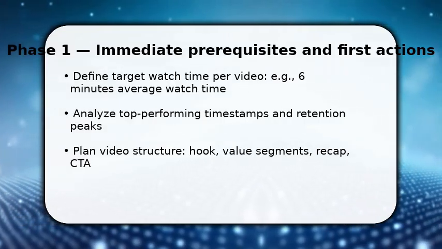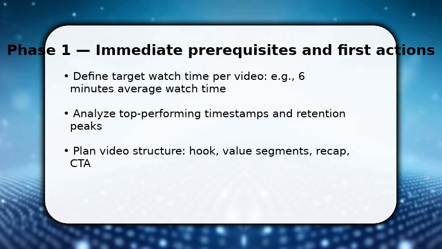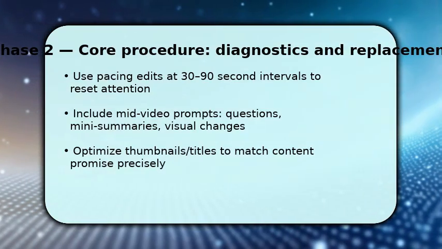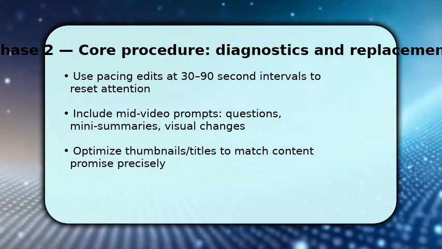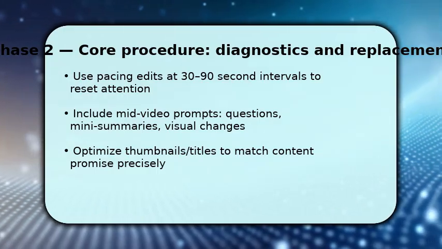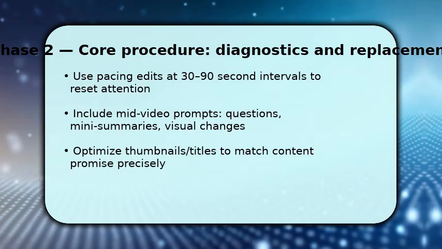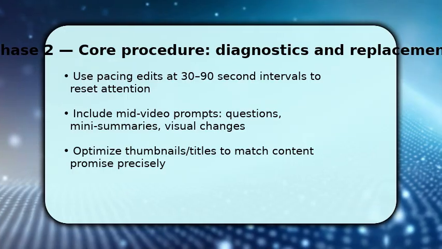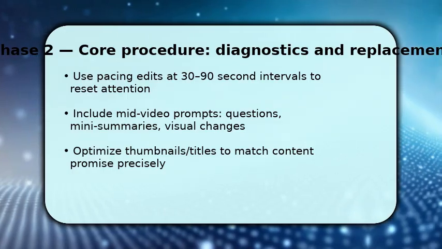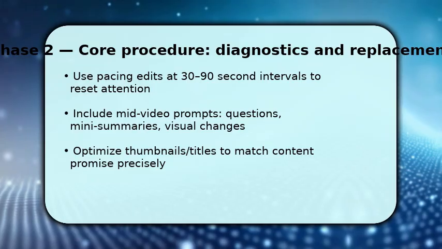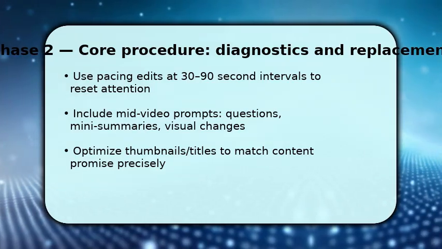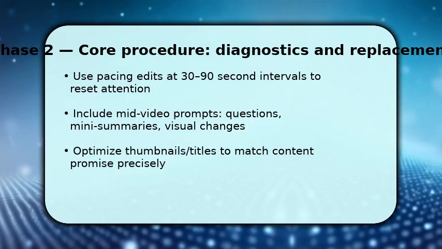You now execute the complex middle steps to actually retain viewers. During editing, cut dead air and insert pacing edits every 30 to 90 seconds so attention resets naturally. This reduces drop-off. Add mid-video prompts that invite reflection or promise a reveal later, and layer visual changes, B-roll, graphics, or quick zooms to keep engagement high. Make sure to align the thumbnail and title with the promised content, because mismatches cause early exits and kill watch